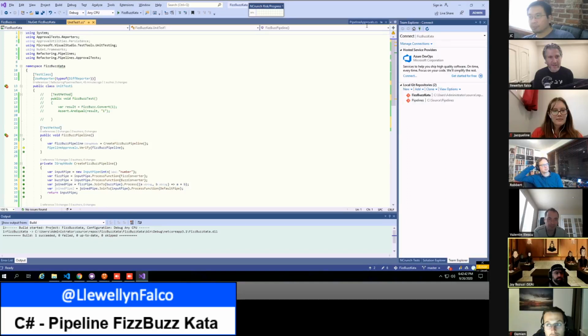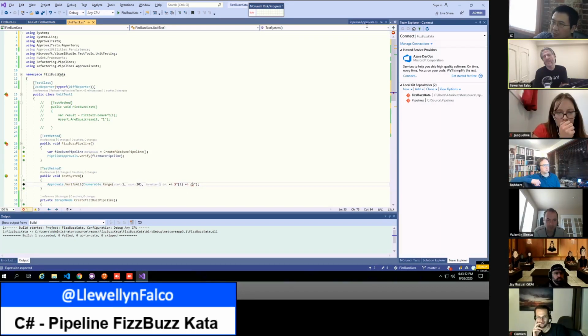And then the lambda is going to be I goes to, and then string interpolation, I goes to, your curly's are wrong. You need curly's around the I, and you need curly's around the create FizzBuzz pipeline dot process. Oh no! Now we need an actual function that does stuff with the pipeline. So call it convert. So convert and then pass it I. Yeah. And then let's create a method called convert.